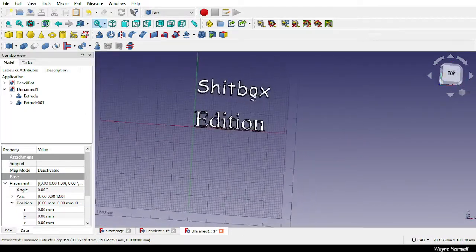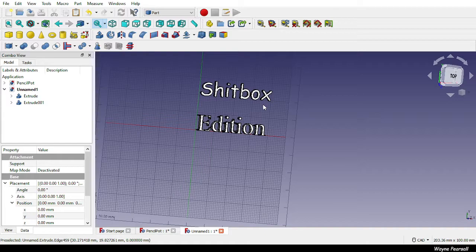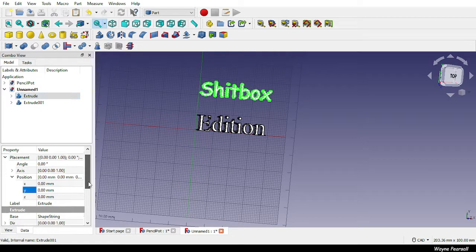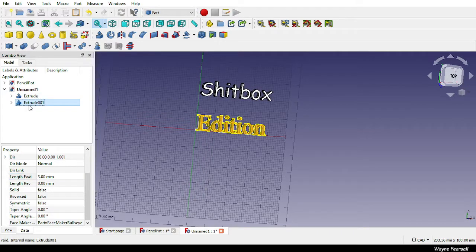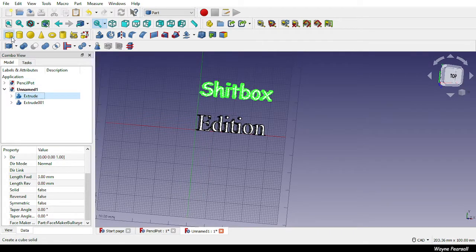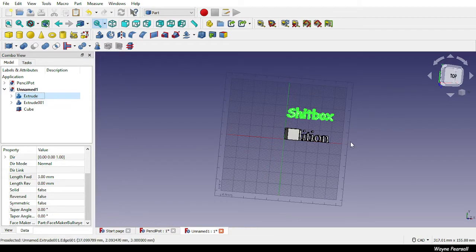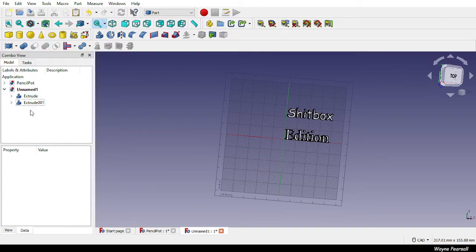However, we've now got 2 extrusions. Let's make them both 3 millimeters tall. And we could just add a block that goes all the way through just to link it all together. Or we could